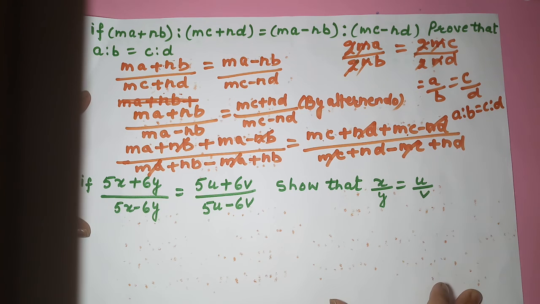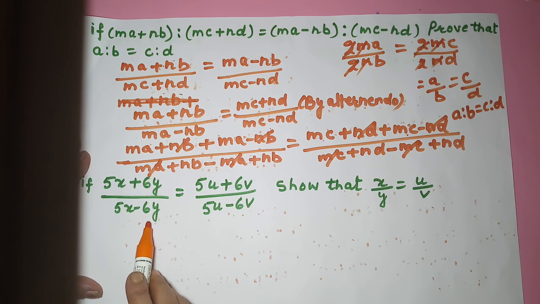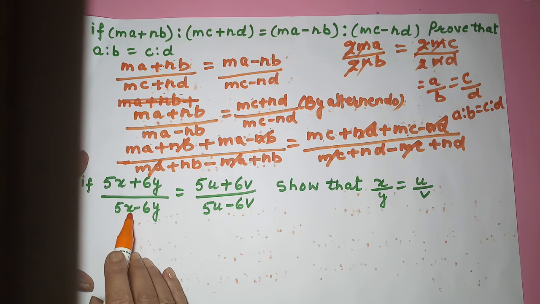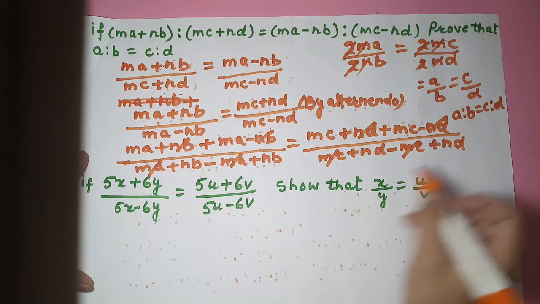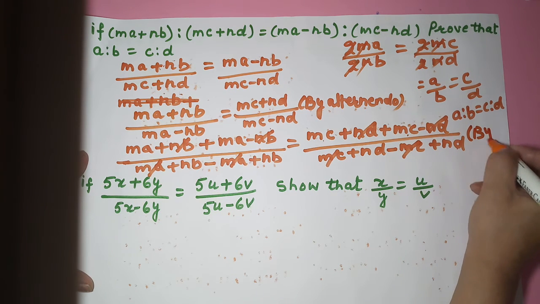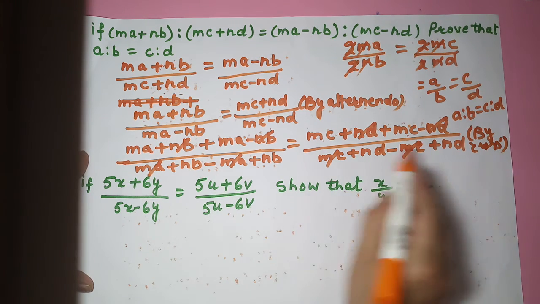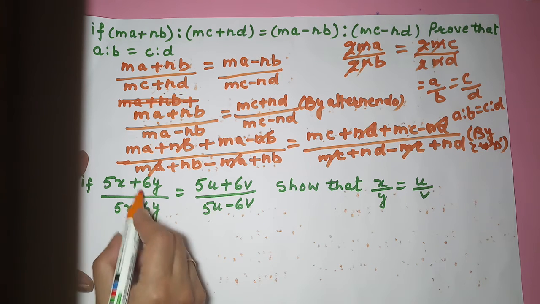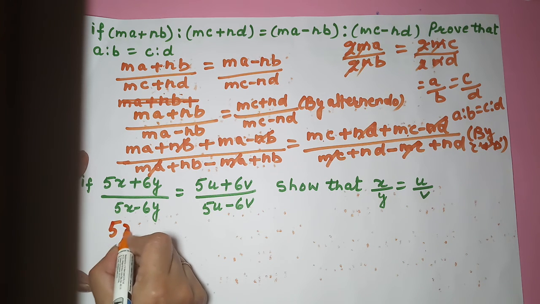Right? Okay. Here also, just have a look at this. Do we need to do alternando, invertendo? Nothing like that. So directly we can apply the componendo and dividendo. Here you have to write by componendo and dividendo. Don't forget these small things. Okay, so what will we do? I will apply componendo and dividendo here. That will give me numerator.